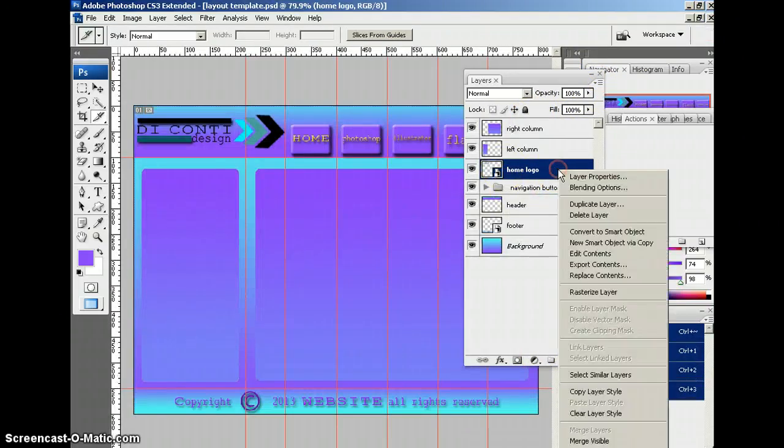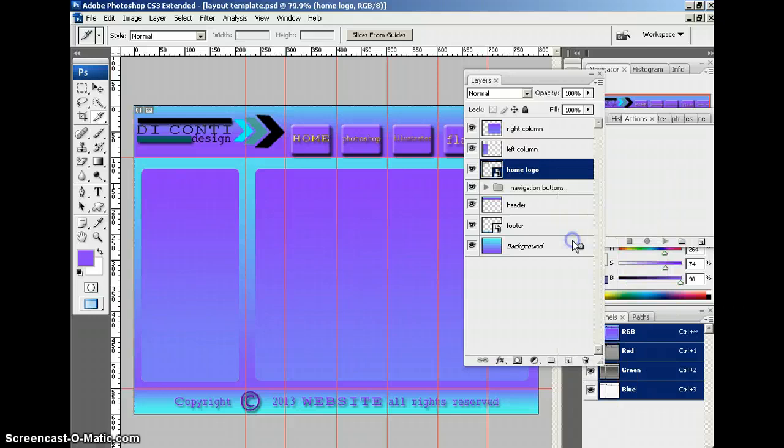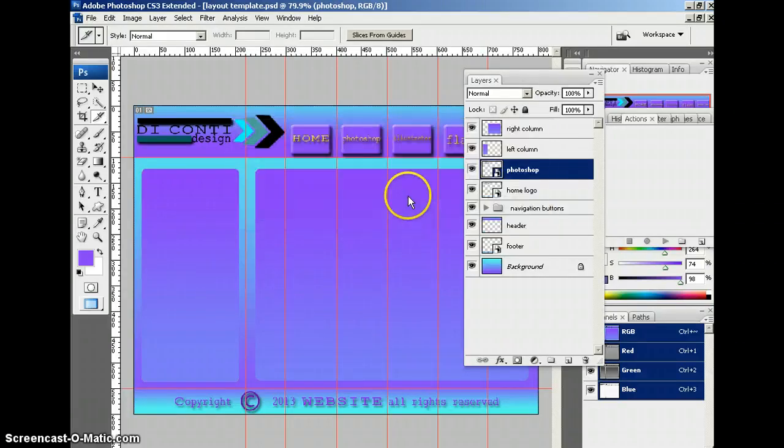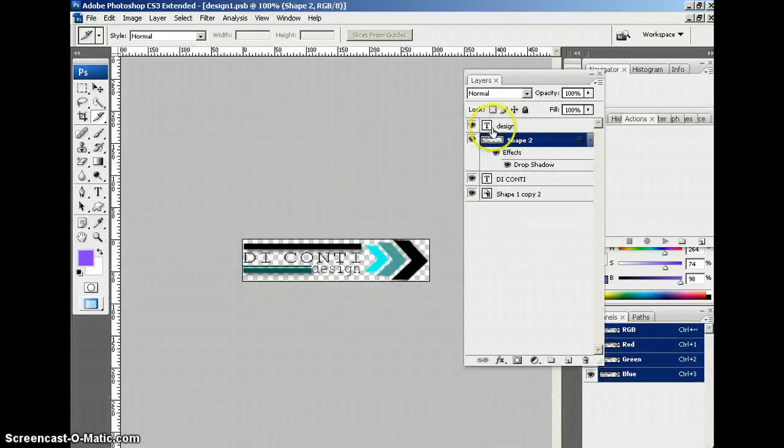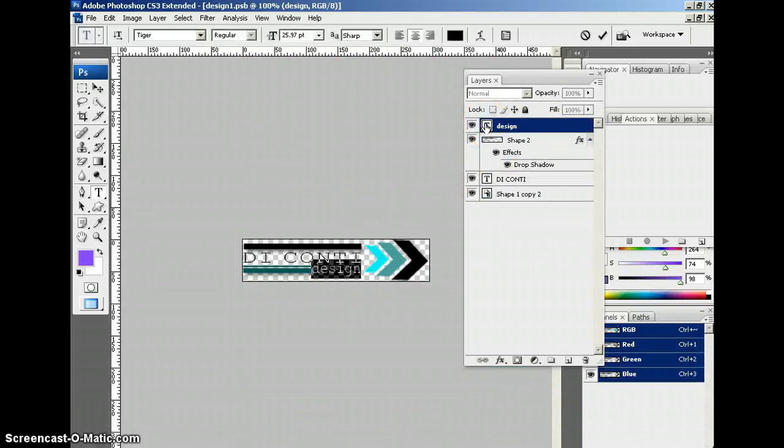I'm actually going to go to a new smart object via copy. I apologize for that if that messed you up. I'm going to call this Photoshop. Okay, now I'm going to double click this smart object, and I will then change the word design. I'll make this portfolio. Okay, maybe make it a little bit smaller so it squeezes in between those design elements,